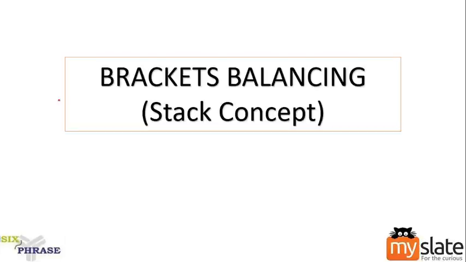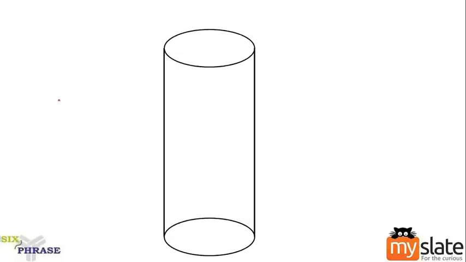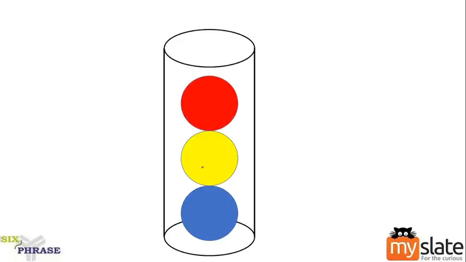Let me show you with a real life example. Consider we have a cylinder. Okay, it's an empty cylinder sealed at the bottom and open at the top. Okay, what I'm going to do is I'm going to take some balls and place them inside the cylinder. At first a blue colored ball is dropped inside the cylinder. Do you see that? Cylinder was empty. Blue colored ball is dropped. Next time I am dropping a yellow colored ball. Next time we are dropping a red colored ball.